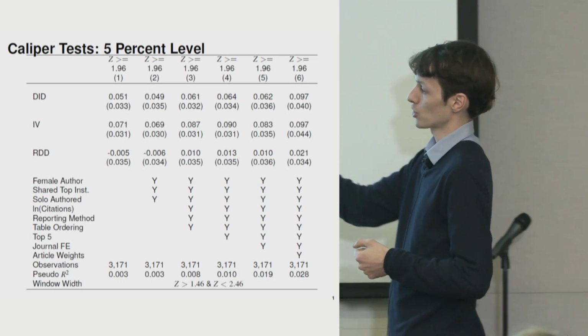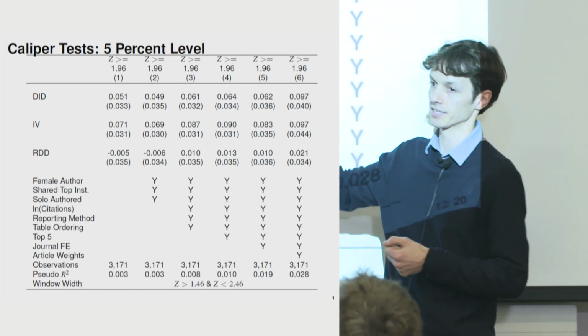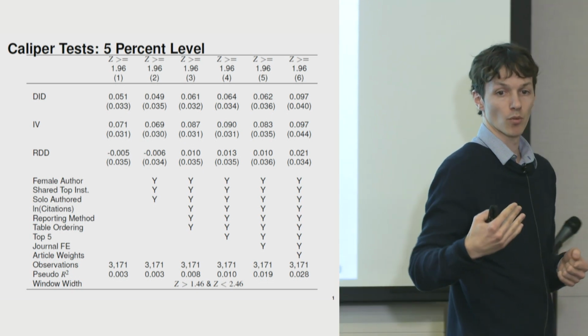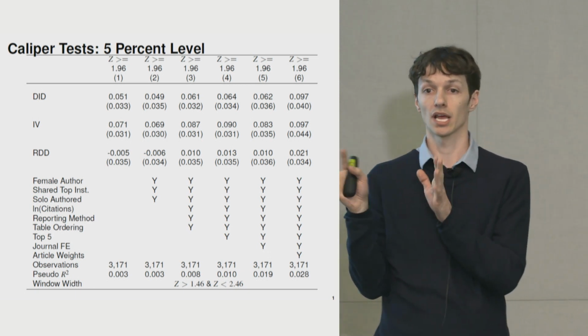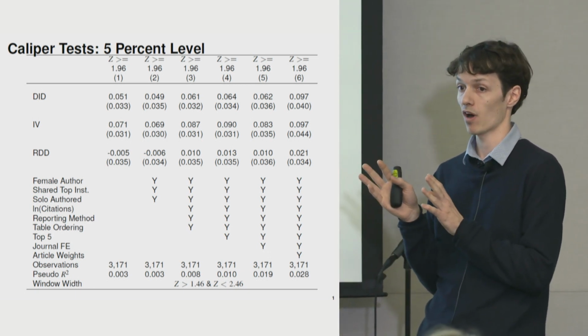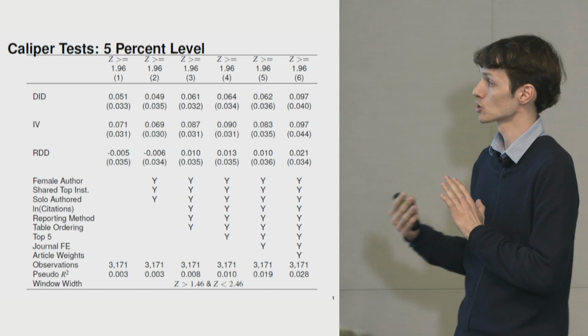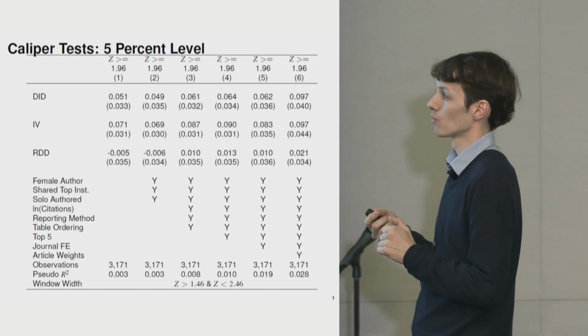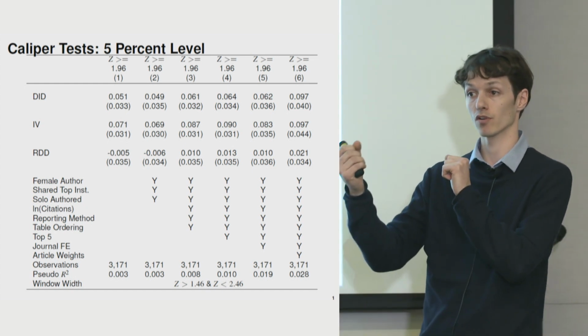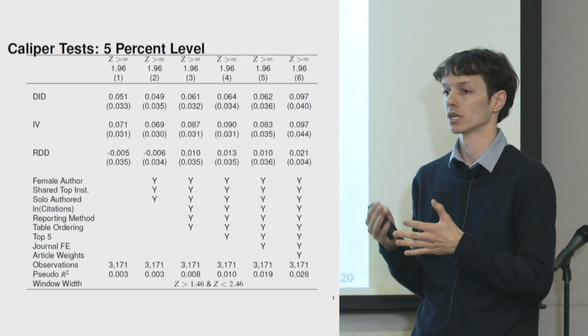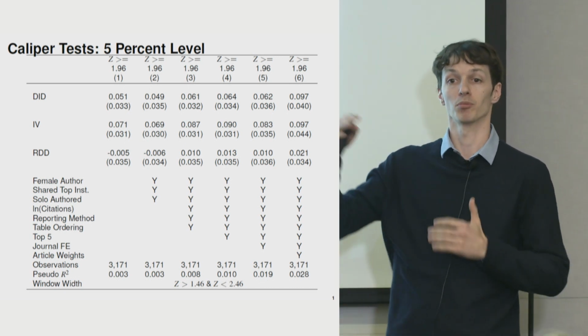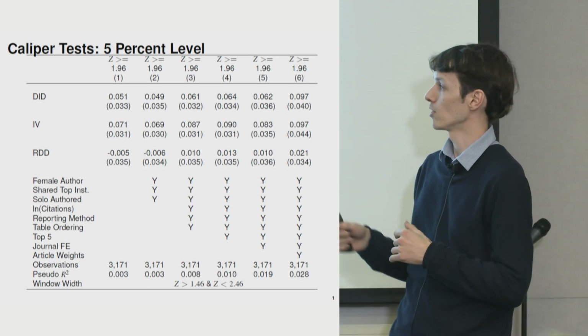Then what we do is to start to include controls, trying to explain this. So I'm going to be controlling for whether at least one of the authors is a female economist. The likelihood of having a female economist is about 0.5. Controlling for things like solo authored, controlling also for the share of authors at top institutions. So MIT, Cornell, Berkeley, Stanford, etc. So pretty much everybody on the program except me would have a 1